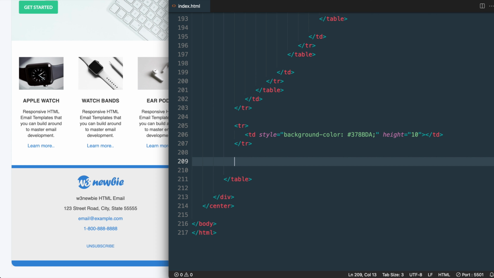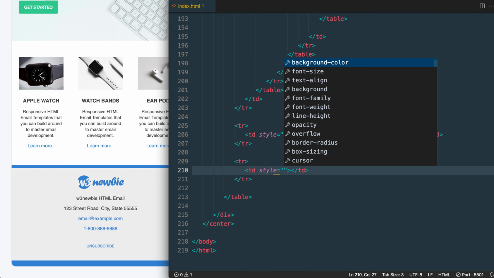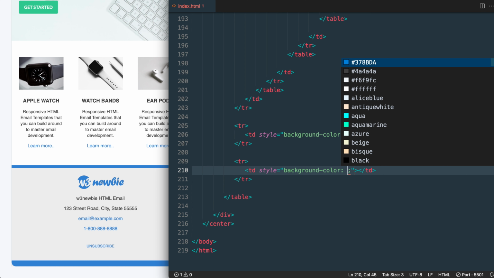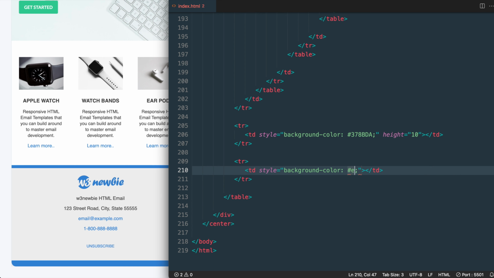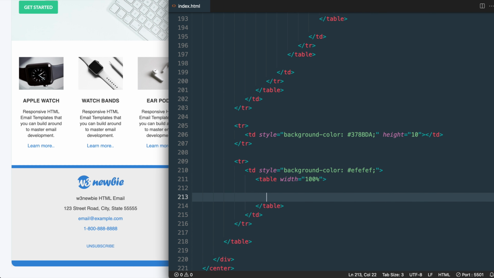So this section will be somewhat similar to the header and logo section, starting it off with a table row and table data tag, except for in this section we're going to add some background color styling directly to this first table data tag with the hex value EF, which gives us the light gray shade. And then inside of this we'll have a table, and again we'll use the width attribute, giving it the value of 100%. And then inside of this we can add some spacing to add our table row and table data